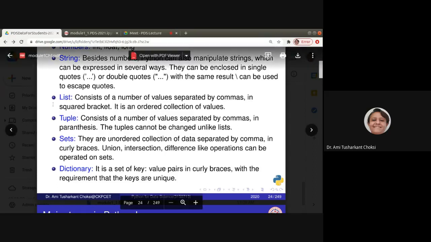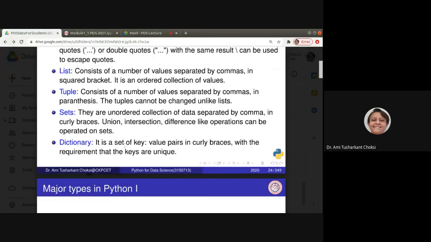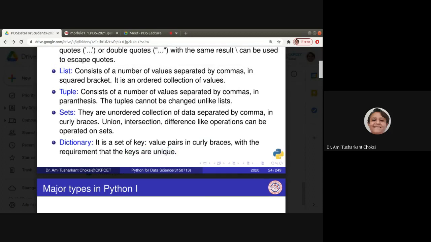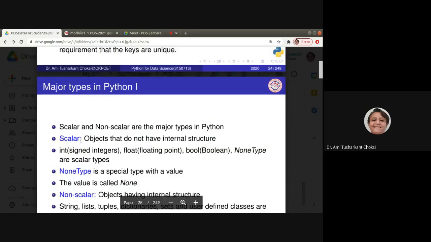But list is in square brackets, tuple is in parentheses, and sets are in curly braces, right? And what about dictionary? It is a set of key value pairs in curly braces, with the requirement that the keys are unique. We'll see that in detail, but as the basic or major types in Python, we should know that.